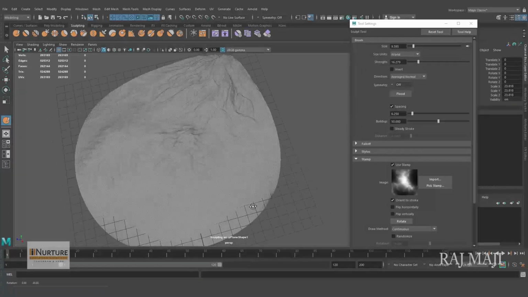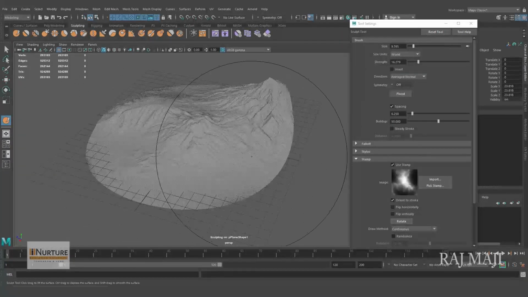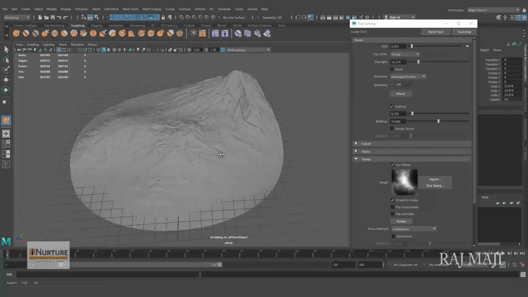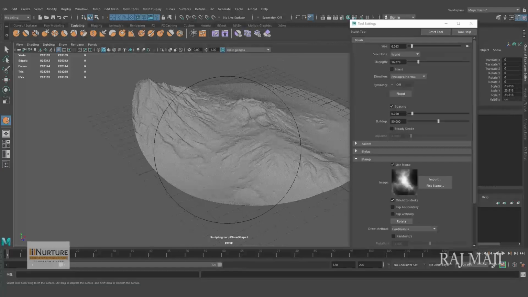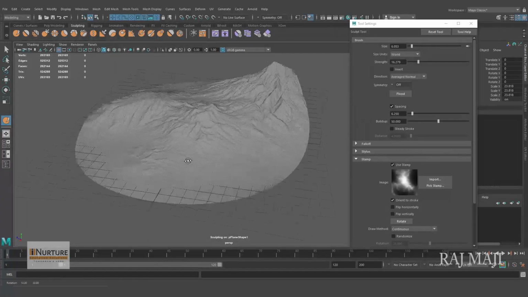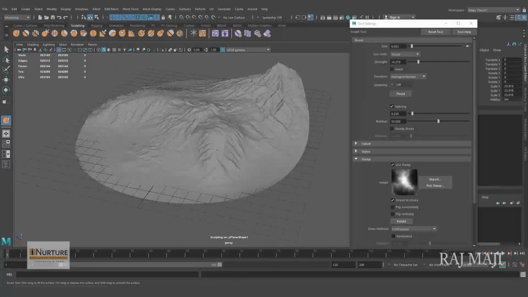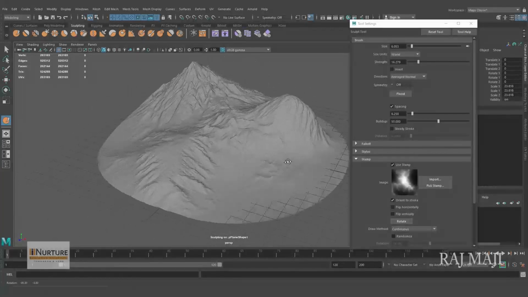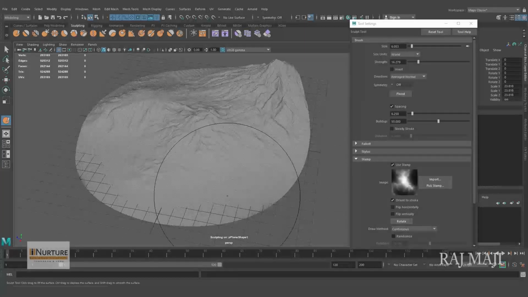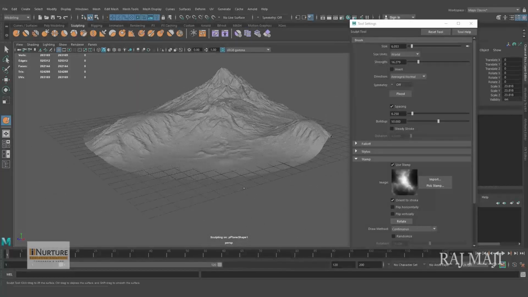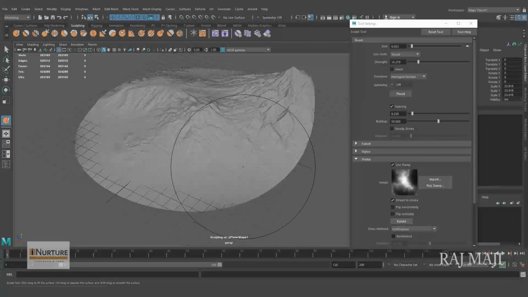Alright, and maybe little bit over here. No, it's too much. It's looking too symmetrical, so reducing the strength more.